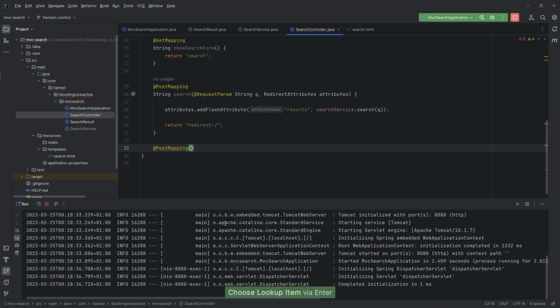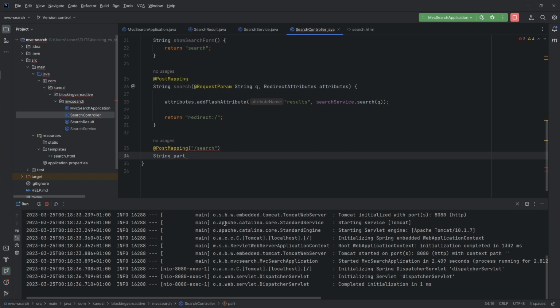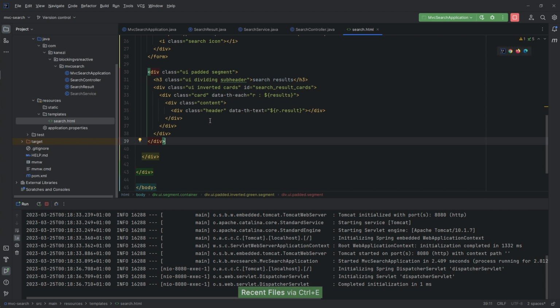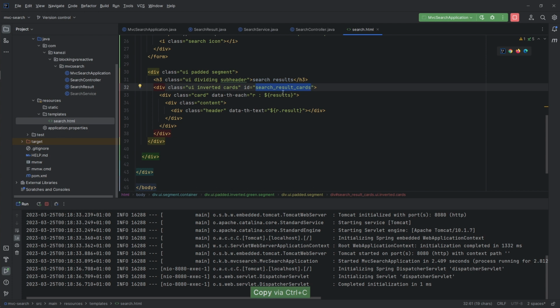So we'll need another post mapping. We'll call it search, and we'll call the method partialSearch. We'll receive a request param the same as above, called Q, and we'll return, well, let's see what we need to return. In our HTML, we want to return this part of the HTML that's responsible for displaying a result. We've given it an ID of search results card, and we also need to populate results attributes so the results will